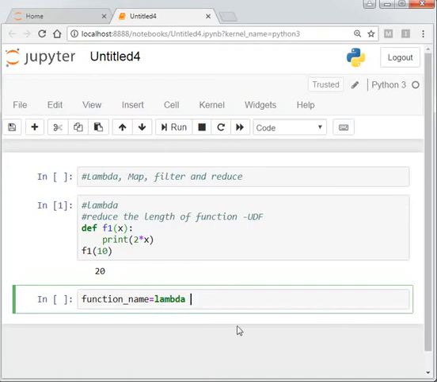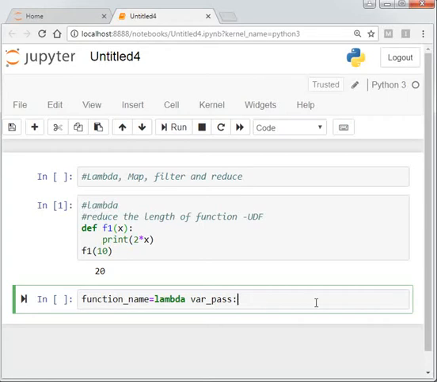Lambda is a keyword that we use, and then the variable which we pass, like x in this example. However many variables you are passing, write all of them here.